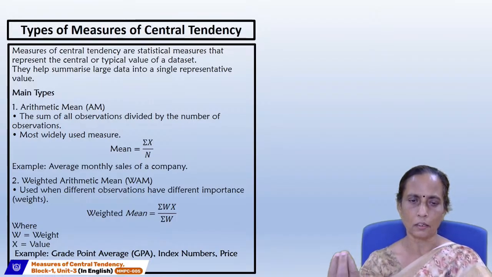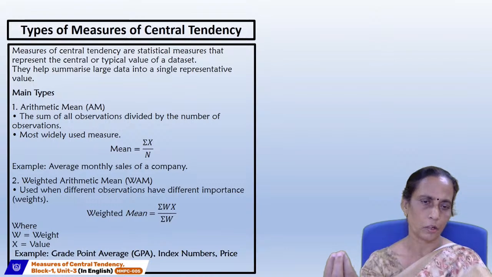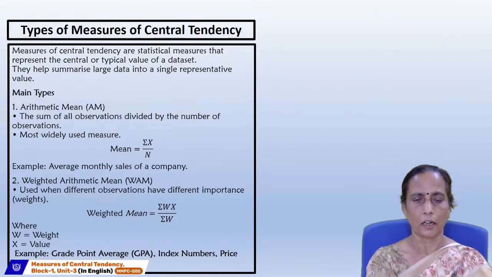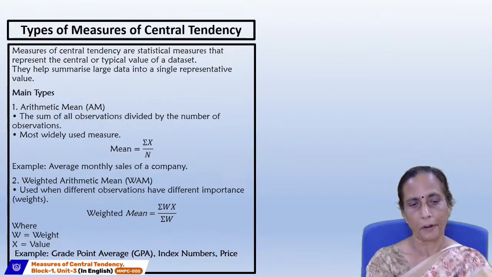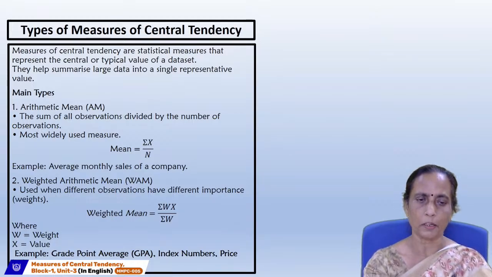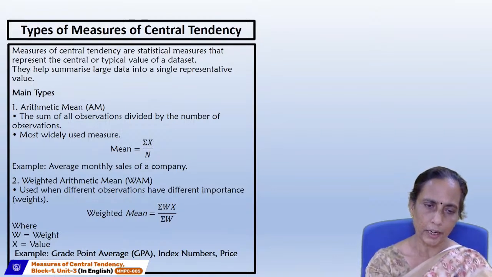you will be scoring a certain marks. So based on your marks and the credit points of that particular paper, how many credits that particular paper carries in your entire syllabus. That credit is your weighting width, and the score that you will be scoring is X. That means suppose say this particular paper, quantitative methods for managers, it is having 3 credits in your syllabus or in your curriculum,